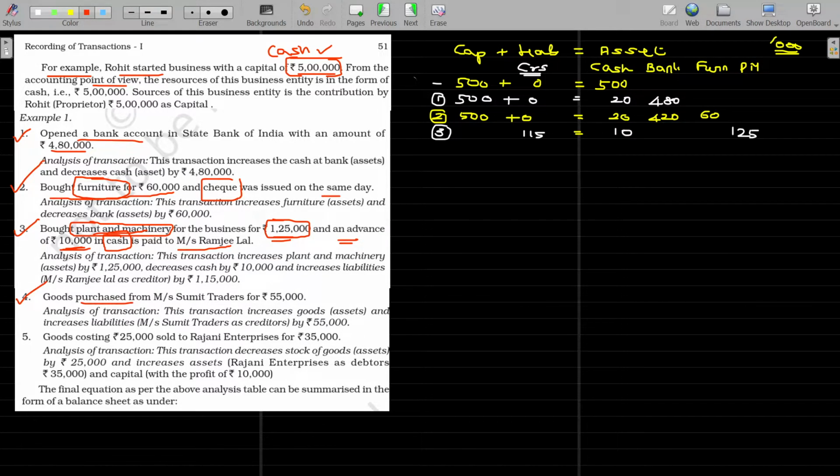Goods purchased from Mrs. Sumit Traders for rupees 55,000. Goods purchased. So goods is a new item that comes here as said, and 55,000, I assume it is paid out of